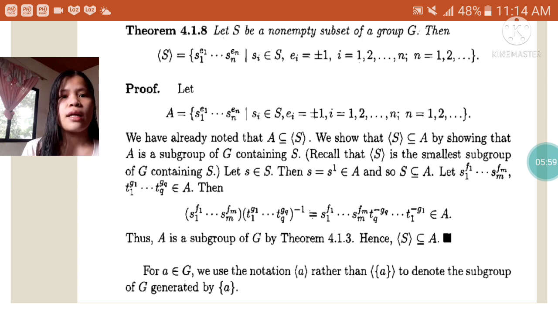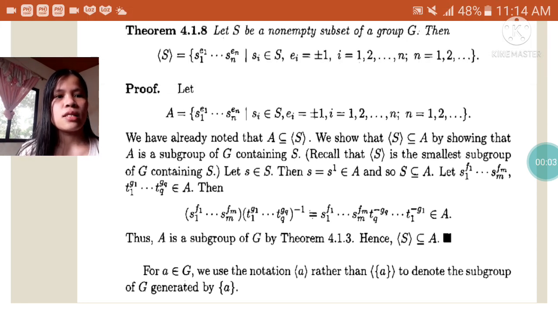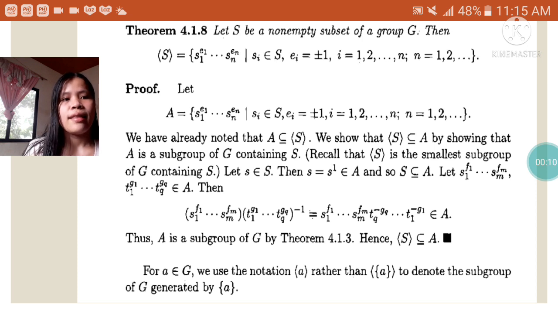Recall that the subgroup generated by S is the smallest subgroup of G containing S. Let s be an element of S. Then s is equal to s¹, which is an element of A, and so S is a subset of A. Let s₁^f₁ ... sₘ^fₘ, t₁^q₁